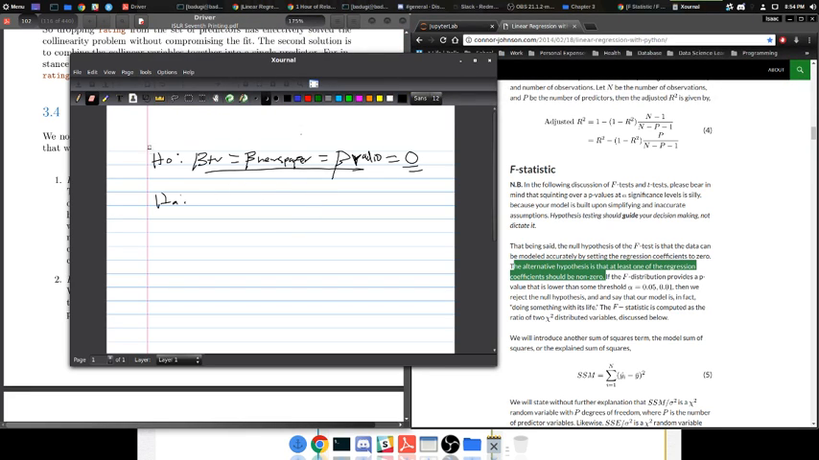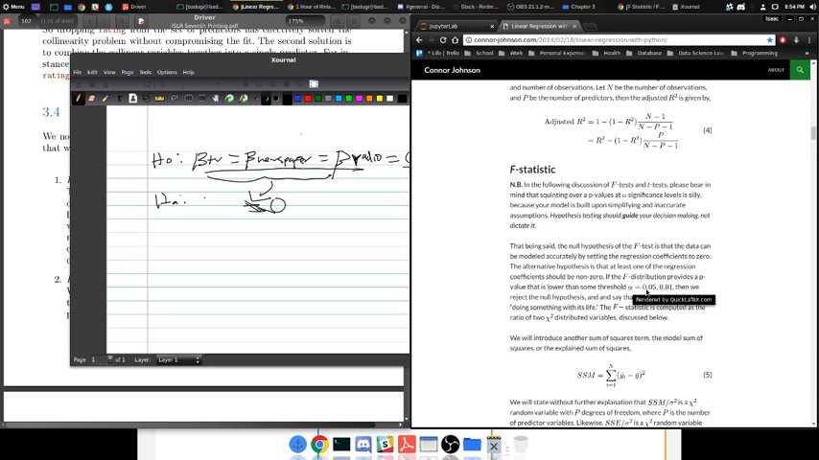Again, according to that book that we read in ISLR, this is how you write the null and the alternative. So all this does not equal 0. If the average distribution provides a p-value that is lower than some threshold, 0.05, then we reject the null hypothesis and say that our model is in fact doing something with its life. If the f-statistic is computed as a ratio of 2,